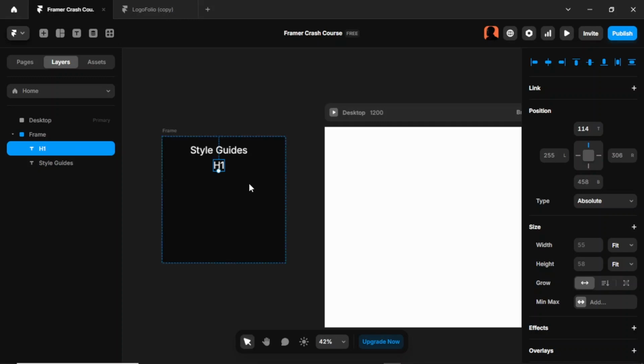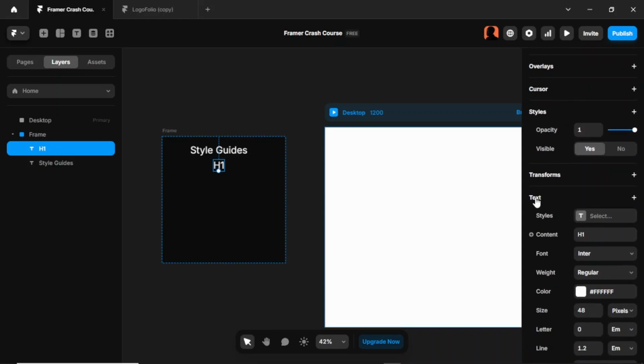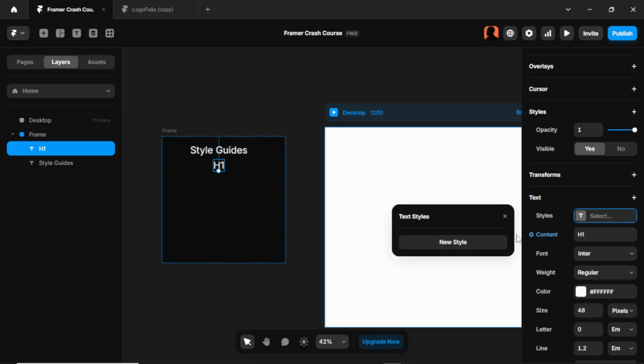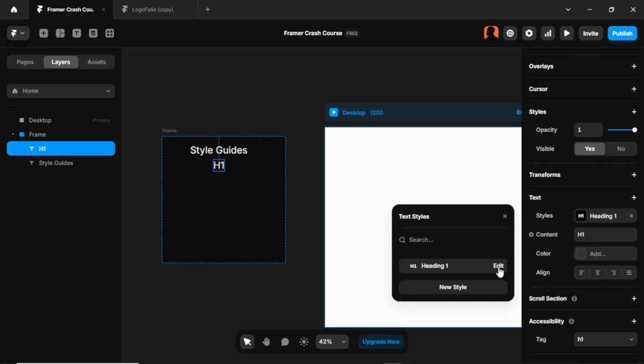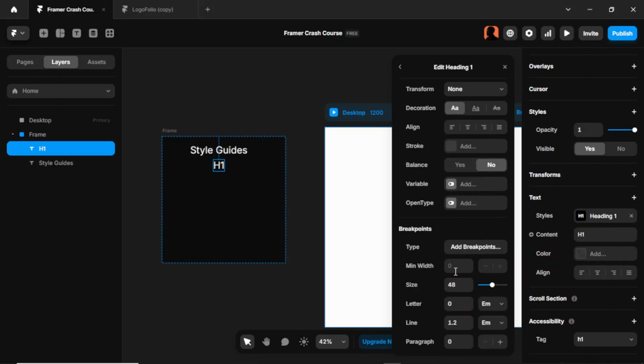write H1 right here. Then I'm going to scroll here and where it says text, under text we see styles right here. I'm going to click on it, click on new style, give it a H1, heading 1, and then edit. So I'm going to leave the font as Inter, leave the weight as regular, and then set our sizes for each breakpoint. So I think for the desktop it's 64,